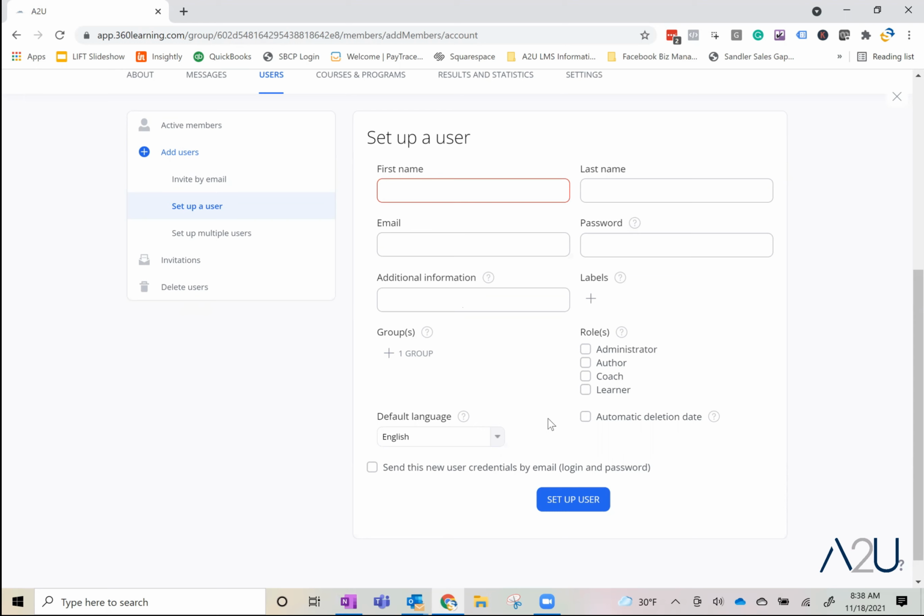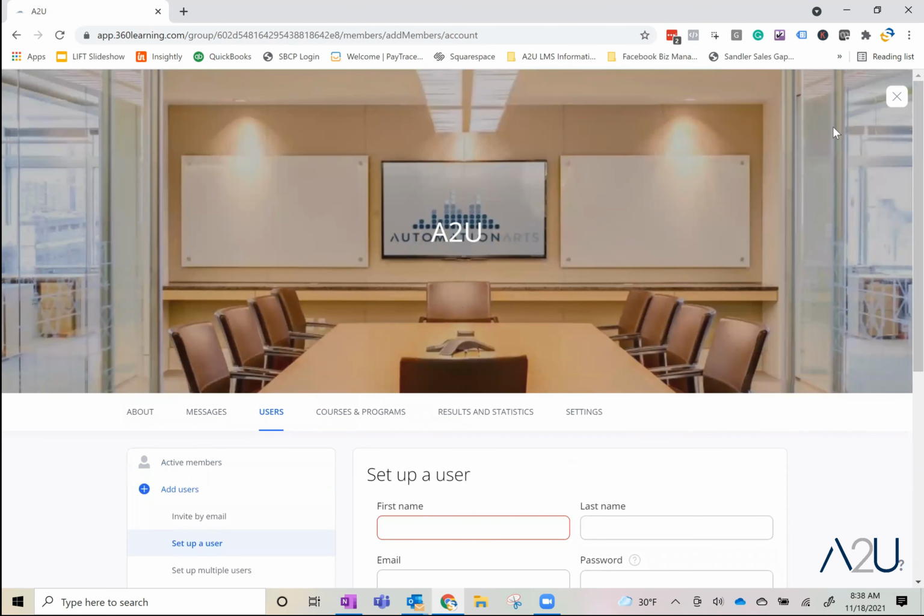And then I also make sure that the default language is English, and you can select send new user credentials by email, and you can click that and set up user. What I also do after I do that is I make sure that I send them their credentials via email from me, just to make sure that they get it. So once you have the user set up,